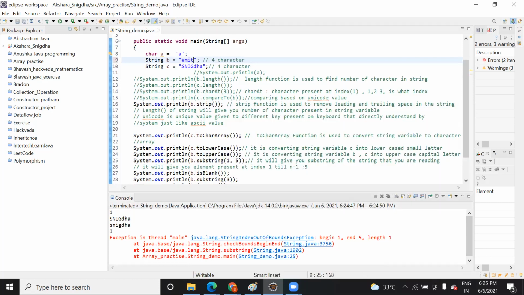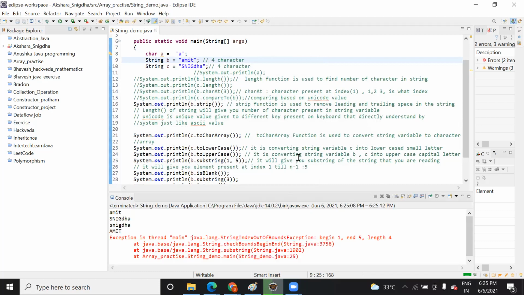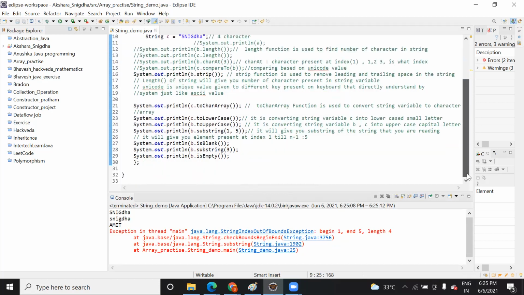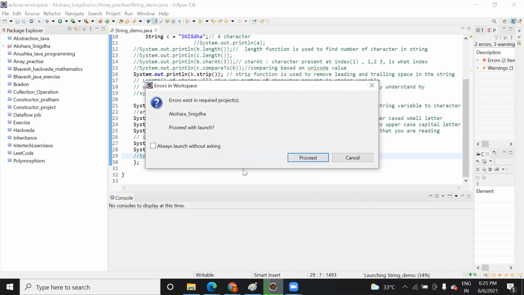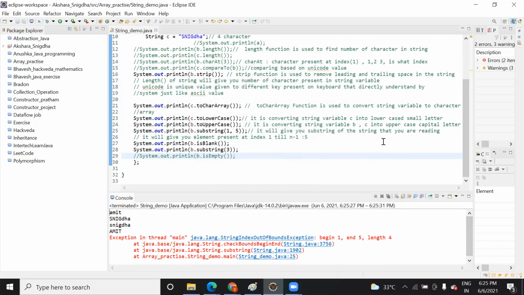Let me take this and run this. There is some error coming. Let me check where it is giving a java.lang.StringIndexOutOfBoundsException, in which it is keeping b empty.